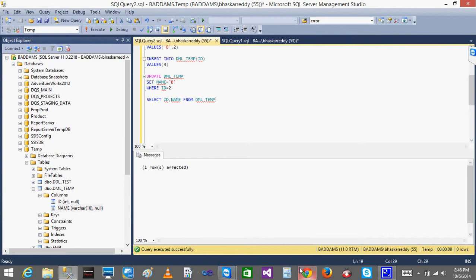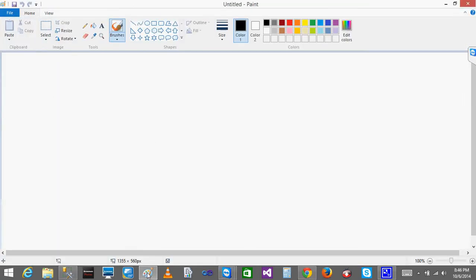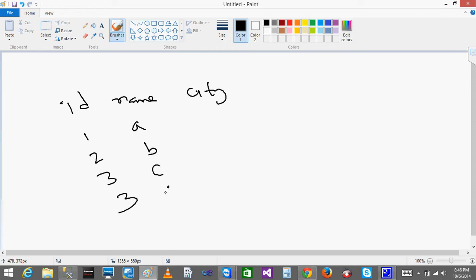So you are giving the syntax, right? So you are asking, this is your question, right? If I have ID, name and city. ID is 1, 2, 3 and 3. Name is A, B, C, C. City is Hyderabad, Mumbai, Chennai, and Delhi. So if you give a condition, like select or update,